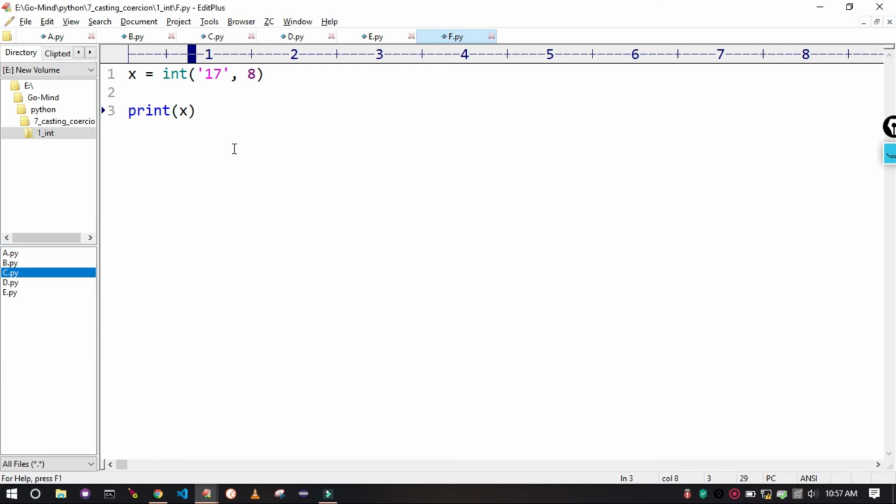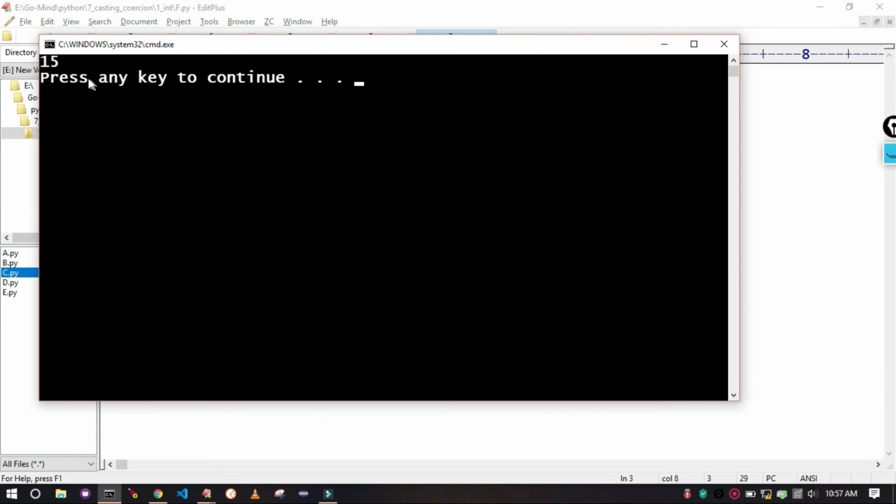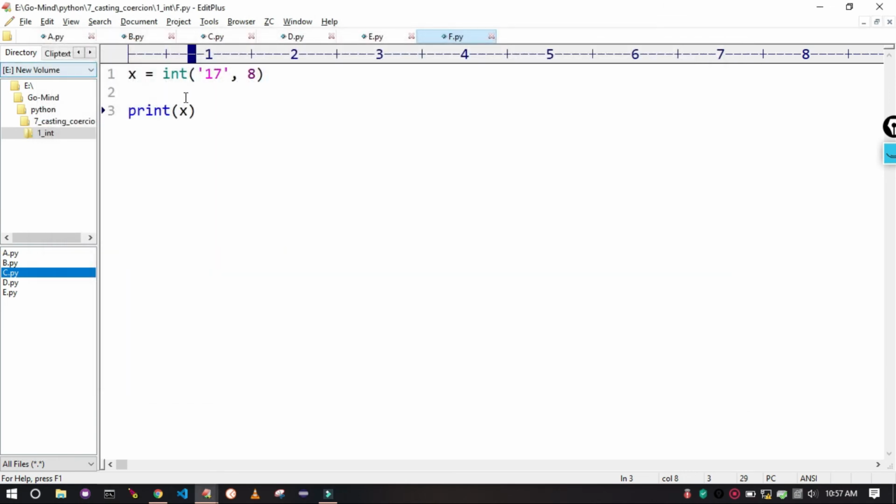Now running f.py, see 17 in octal is 15 in decimal. Okay, let's check for some more values. x is equal to int string 101, 2. So 101 in binary represents 5 in decimal. So let's see, running f.py,